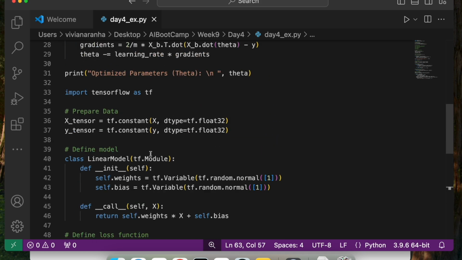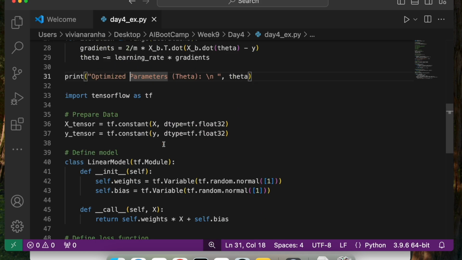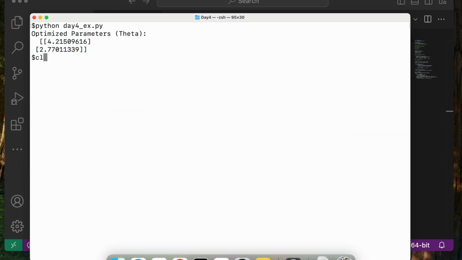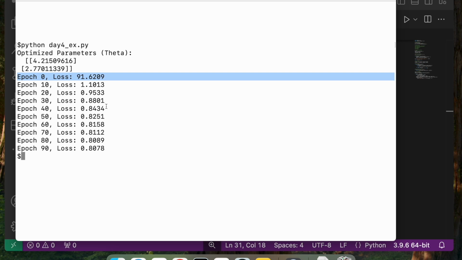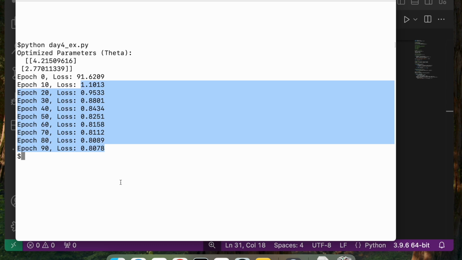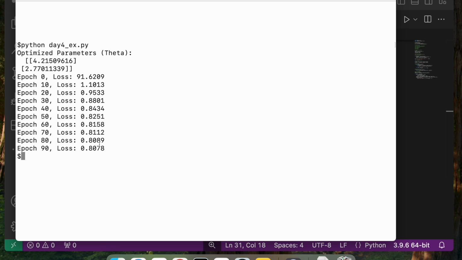So let's run this and check how it looks. I don't need gradient descent, but I'll keep that and clear this out, run it. It's going to run through that in a second. And there you go. For every single epoch, initially the loss was 91, but as it goes on, it came down, and it reduces at every single epoch. The more you run it, the closer to 0 it will go, because that's how gradient descent works. So it goes from 91 to 0 here. Perfect.